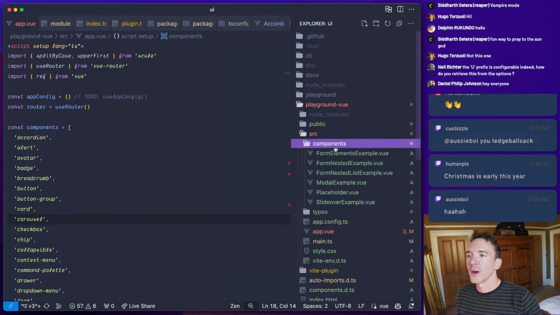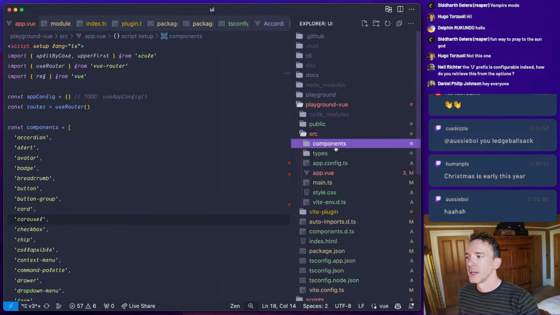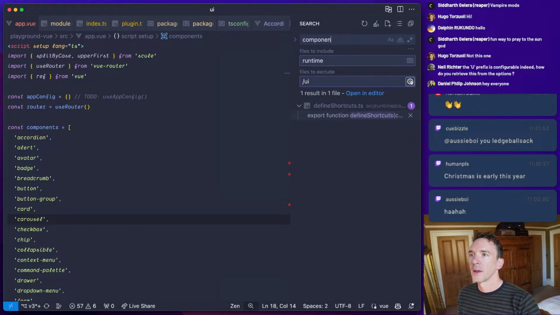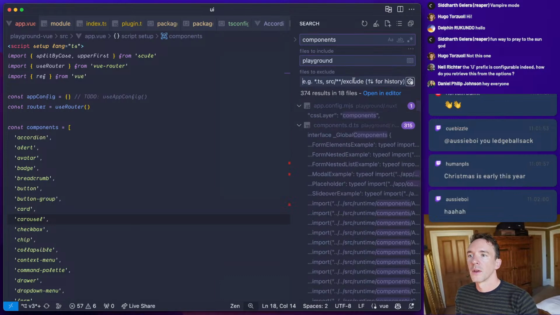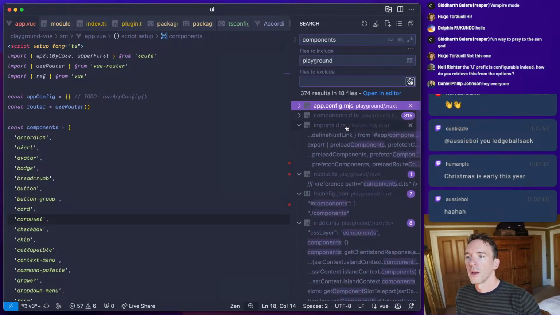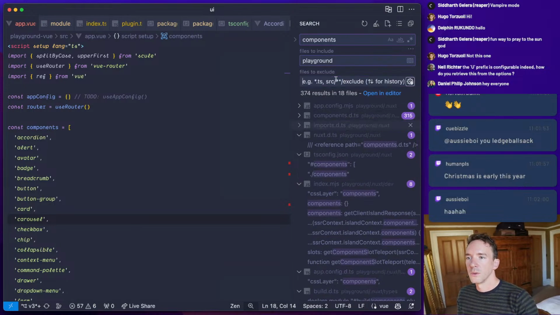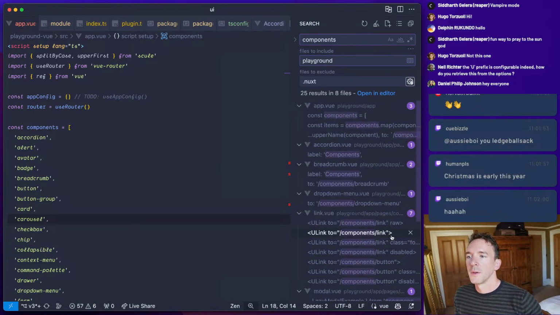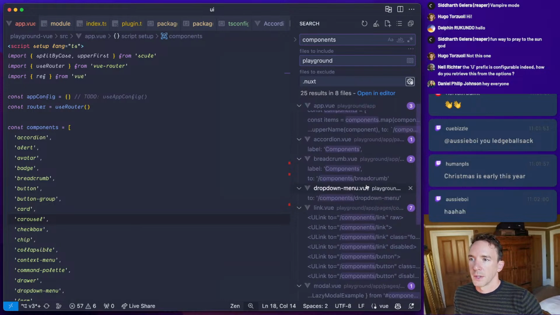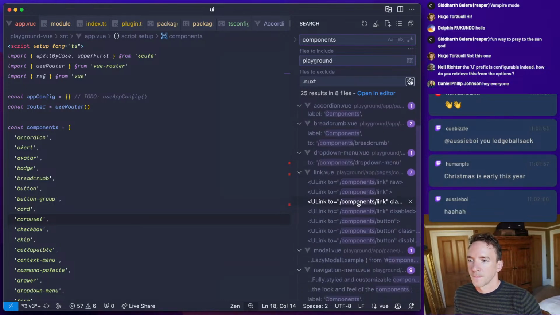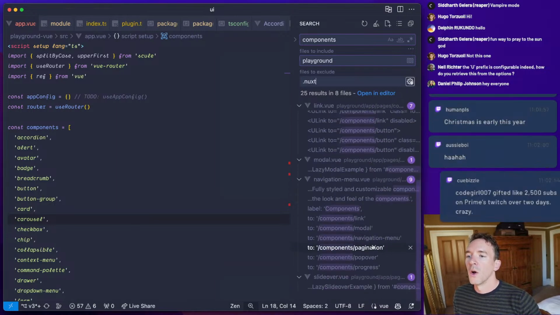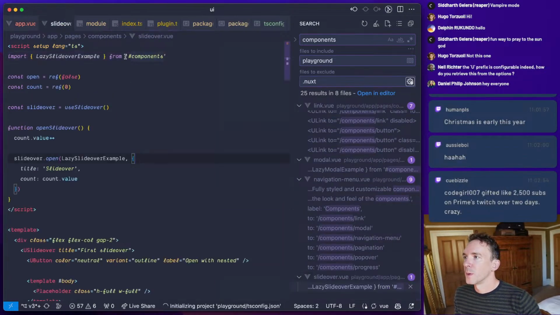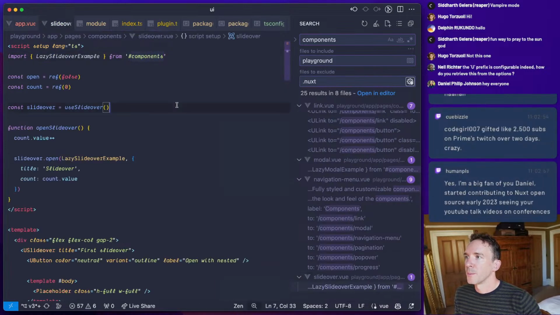Okay, so we also, I think, can drop the components. Those will be, let's see, playground. Please exclude .nuxt. And oh, they are used in the playground by this components thing.